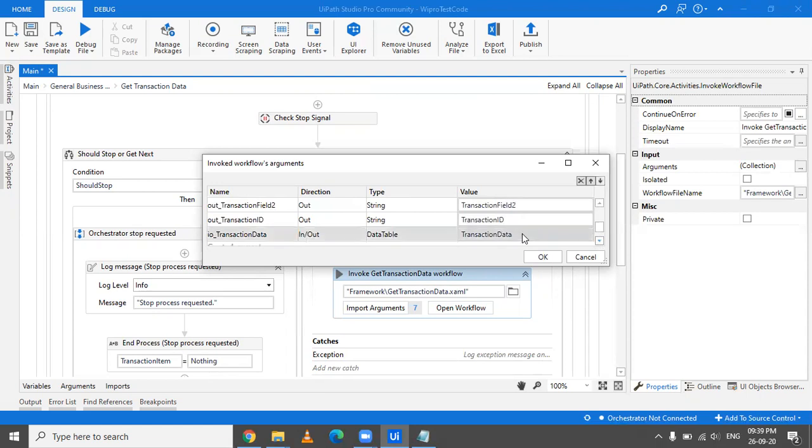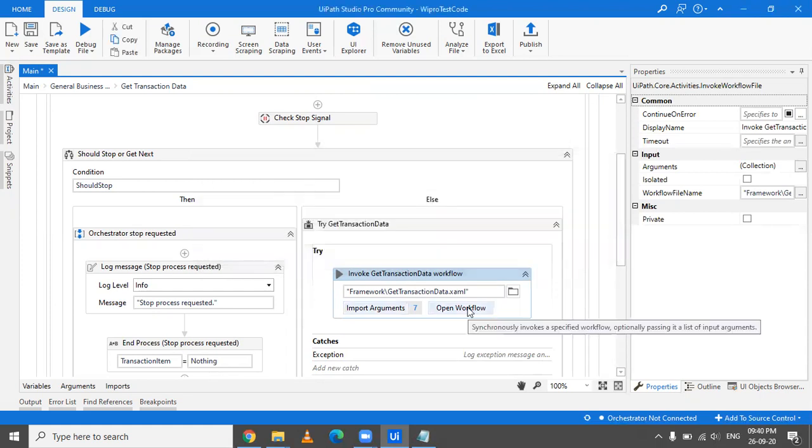Now what this transaction data is, you are sending the entire Excel, that from this Excel get me the first data, then you'll say get me the second data, get me the third data. So you are telling from which particular thing you have to extract each data. Okay, and that's it. Now, if we go inside this get transaction data,